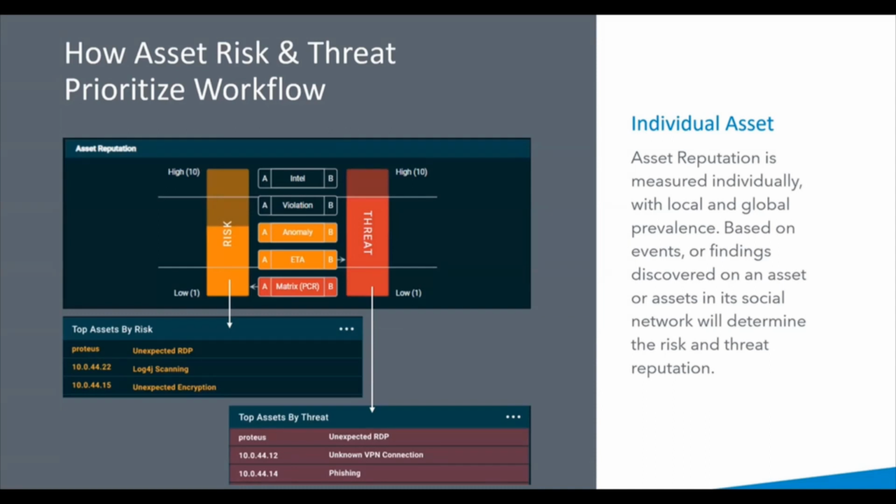So how does this prioritize your workflow? Well, let's begin by defining the individual asset reputation. We measure it individually, but then we also allow local and global prevalence. So not only do the 5 categories that we just talked about contribute to the individual asset risk and threat scores,